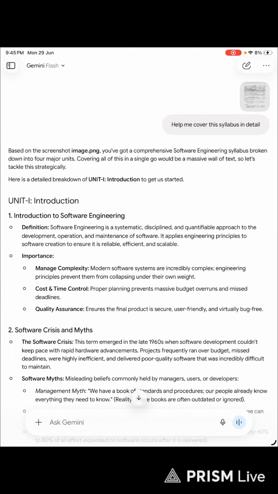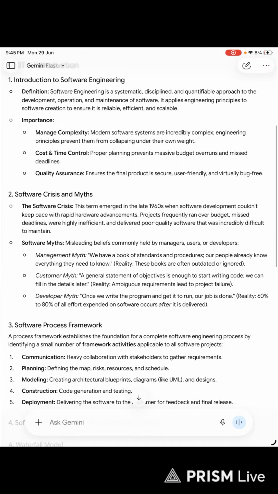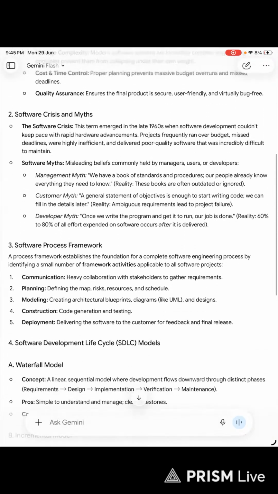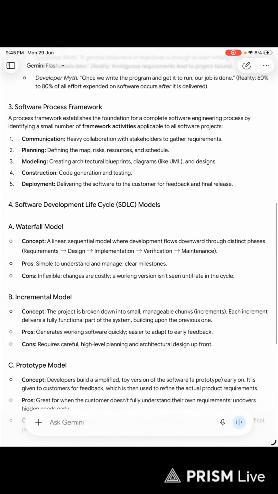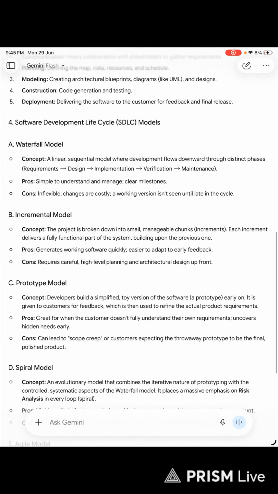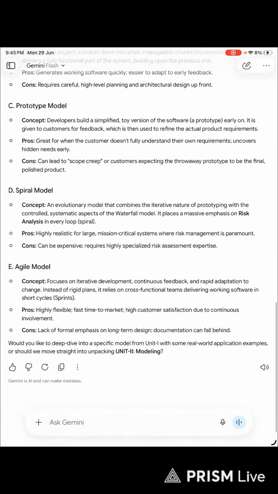systematic, disciplined and quantifiable approach to development, operation, maintenance of software. It applies engineering principles to software creation to ensure it is reliable, efficient and scalable. We've got importance, then we've got software crisis and myths, then we've got software process framework, and we've got software development life cycle, SDLC models, and